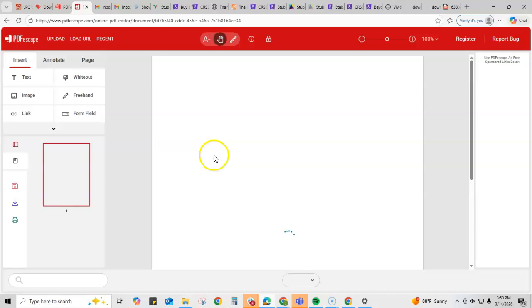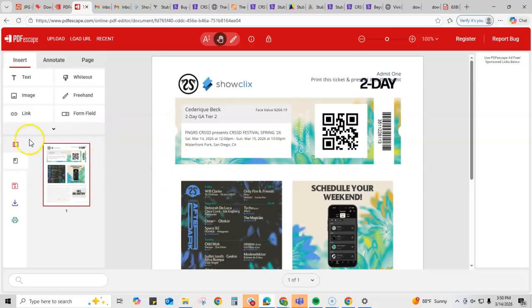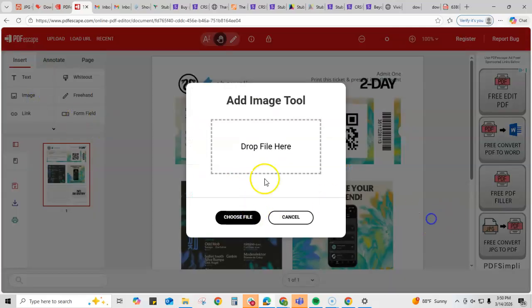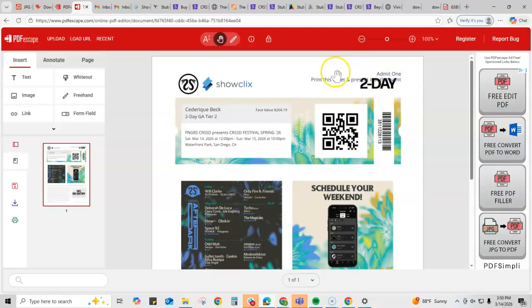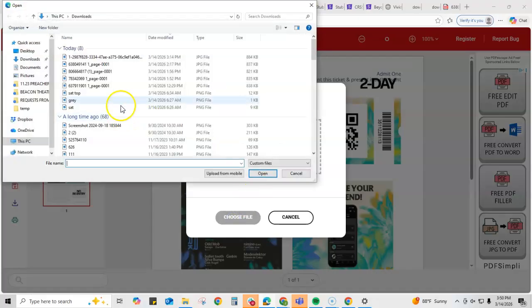And now I'll put these images on Slack, but on the top, it has to say Saturday only. Right here it has to say Saturday only, and then we have to delete the face value too. So I'm going to click on image, choose file,